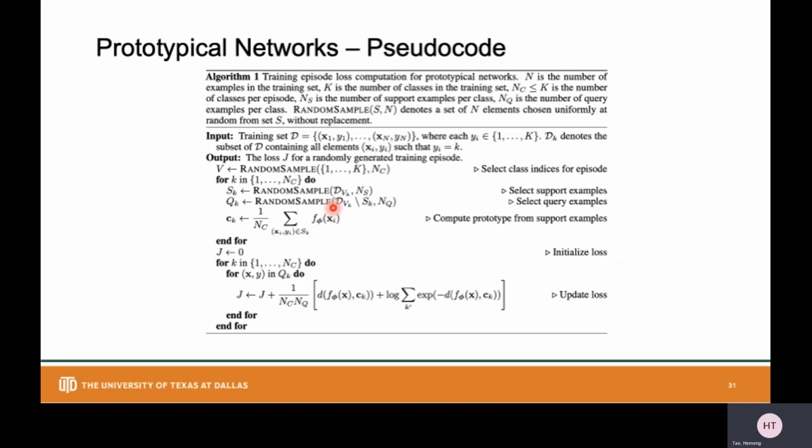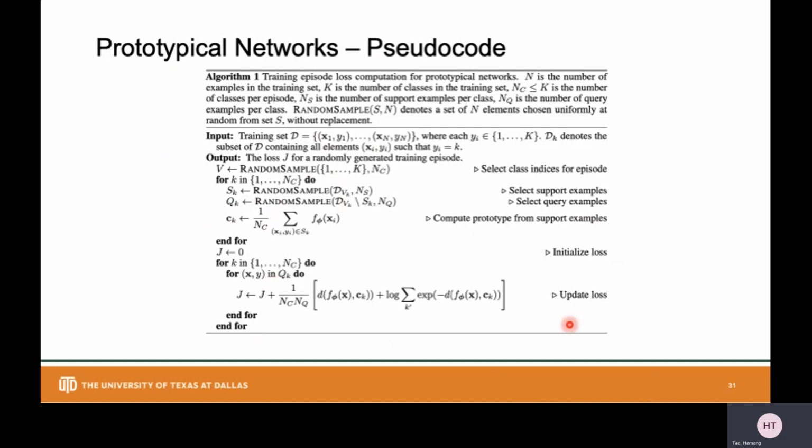The query samples and their label information are used for loss computation in the training stage. And in the testing stage, the query sample labels are unknown and are inferred through the distance to the prototypes in the latent feature space.